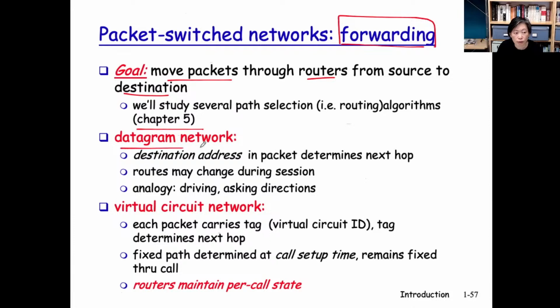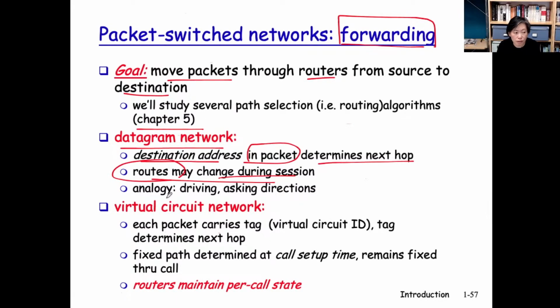Okay. So in a datagram network, the way it works is we receive a packet entirely and look up the destination address to determine the next hop. And so you see, if the graph changes, the routing table would change. When the forwarding table changes, the subsequent packets might follow a slightly different path to the destination. So the routes packets traverse might change in a session, in a data stream session.